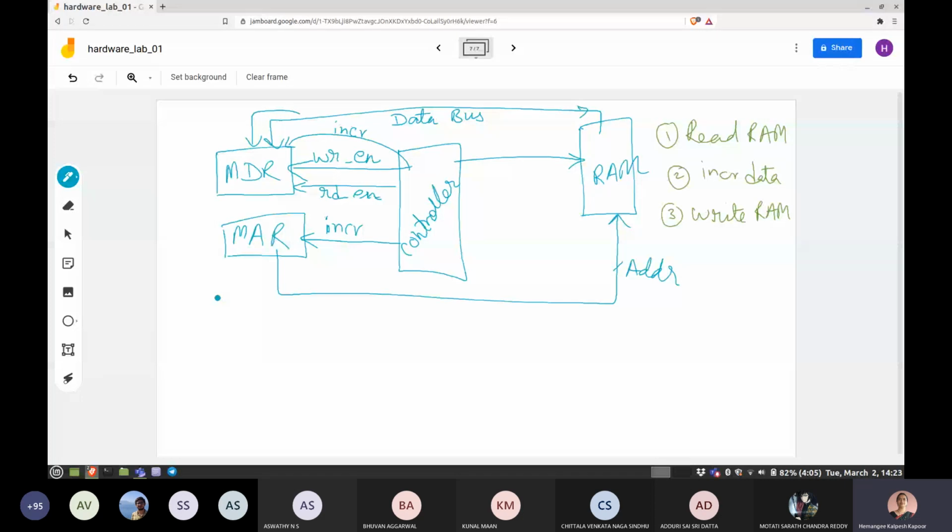You can also try doing MAR plus plus while doing the writing to RAM. So in the green color, the 3 which I have written, write to the RAM. So here the address is being used, and the MAR would actually get incremented in the next clock cycle. So you might as well during the step 3, during write to RAM, you can also do MAR plus plus. Okay, so you can try that out. So with this, your number of states reduce in the ASM.